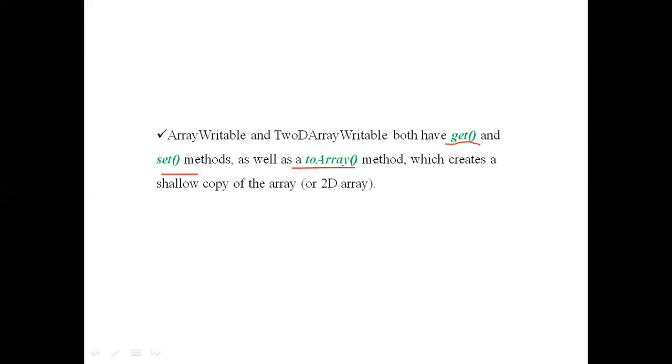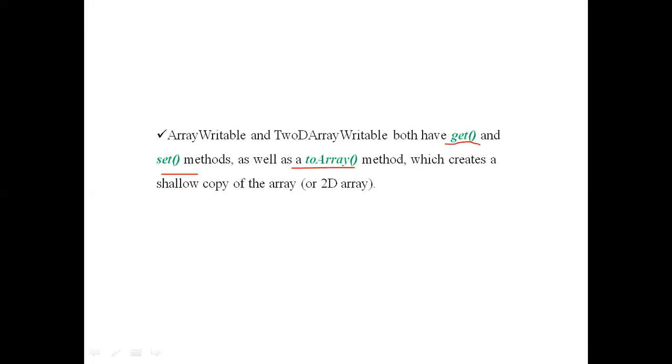What is the use of the set method? To enter values into that array, we use the set method. By using the get method, we can get the values from the array. To retrieve the values from the array, we use the get method. To enter the values into the array, we use the set method. These two work similar to getc, putc, getchar, putchar in the C language, or scanf. Here it will be clear.